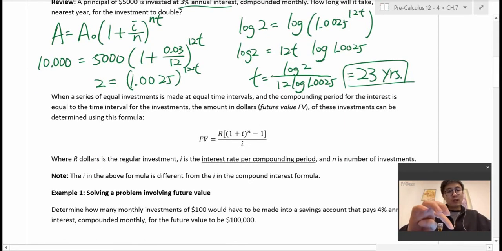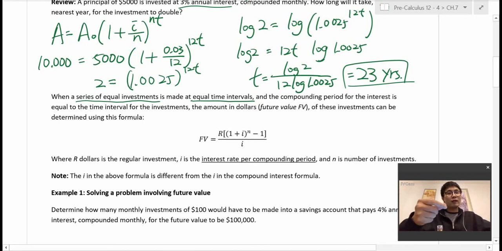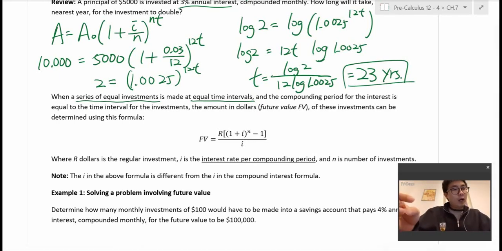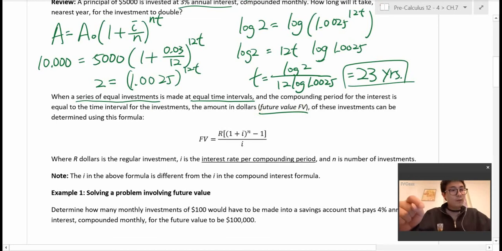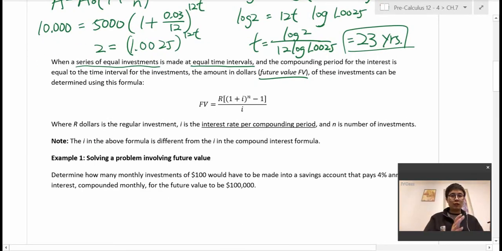It says when a series of equal investments is made at equal time intervals, so for example you could invest every month, every week, every 2 weeks, and so on, and the compounding period for the interest is equal to the time interval for the investment, the amount of dollars, what we call the future value, of these investments can be determined using this formula. So the biggest difference here is that for future value, you set aside money each month or each week, every 2 weeks, and so on. So you invest $100 into your